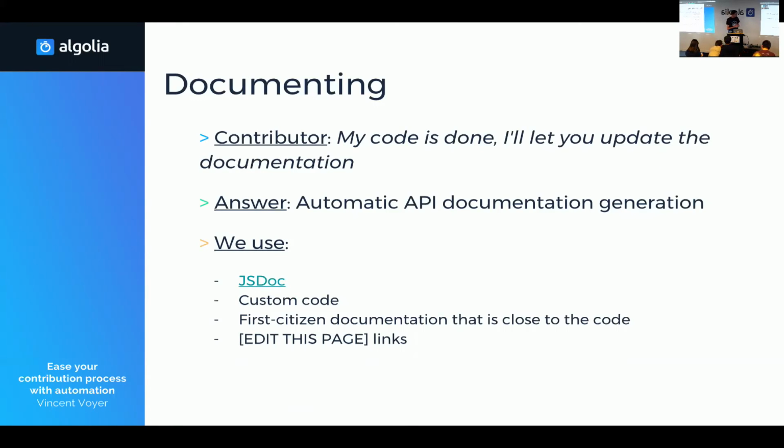Another trick we use is that on every community website that we have, on the top right of every page, we have an edit this page link. So someone who is just a random contributor, not doing any code, but just trying to fix a typo in the text, can just edit it. It opens GitHub on the right file, he can change it, submit a pull request, and it's done. Again, this is to reduce back and forth. If someone wants to just update the documentation, we don't want to tell them, okay, you have to clone the project, install Node, install npm, run the whole thing, and then update it. This is not good. So they do it online.